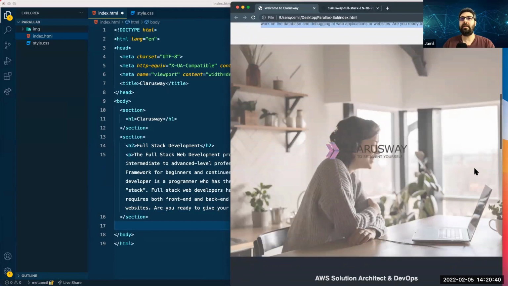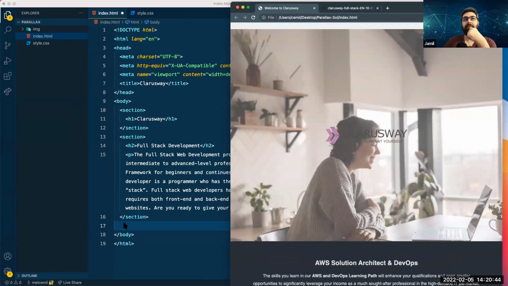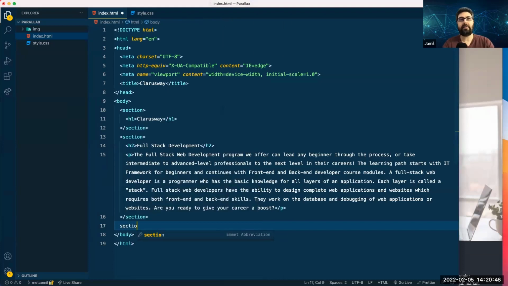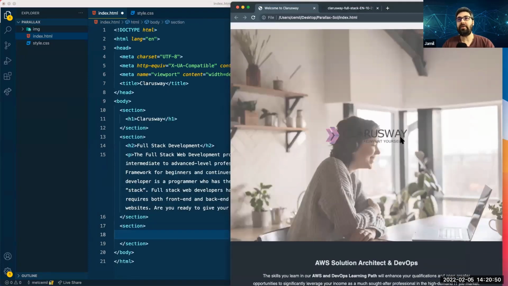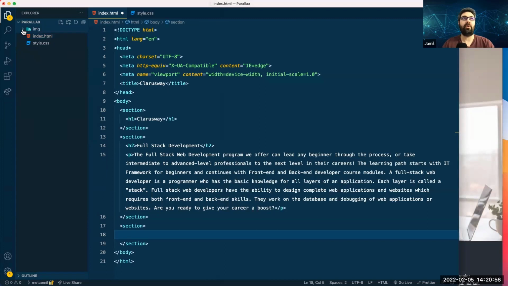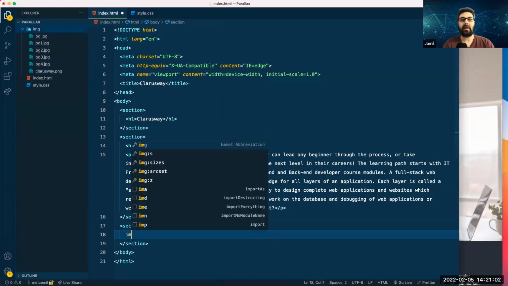All right. The other section again, this time with a logo. So I'm going to create the other section. Within this section, I will create an image that points to the Clarusway logo file, which is inside the image folder. That is this one, clarusway.png. So I will be creating my img